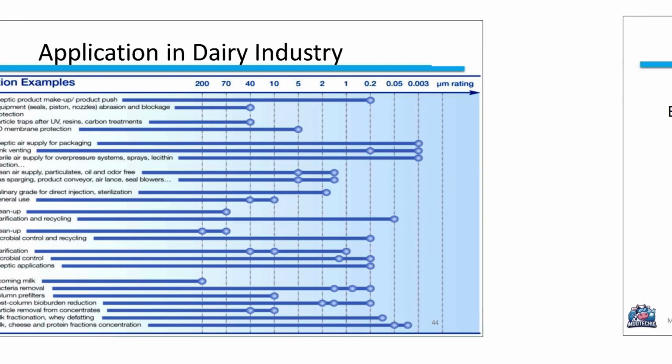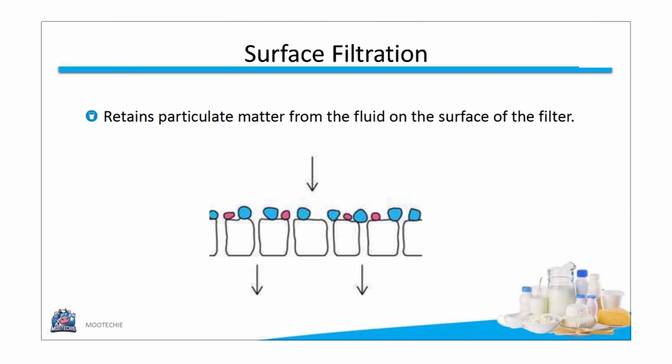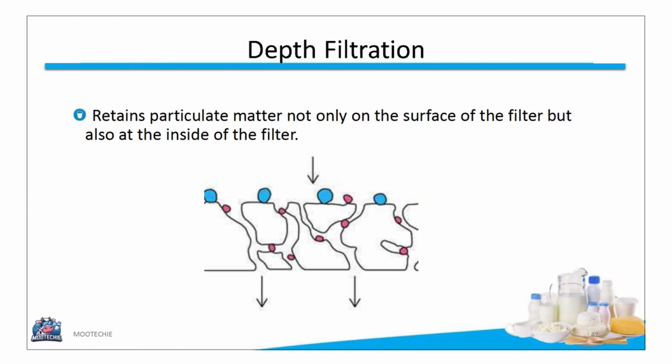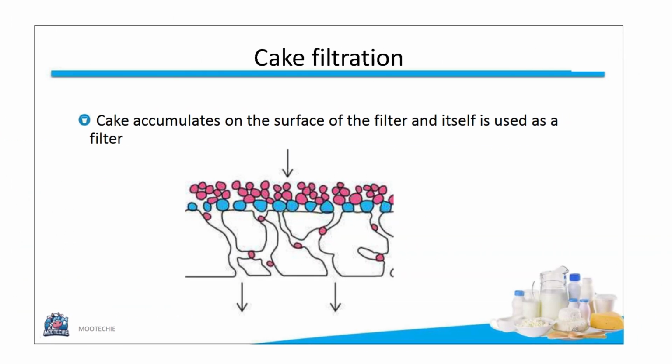Filtration can be classified based on how particulate matter is filtered. The three types are surface filtration, depth filtration, and cake filtration. In surface filtration, particulate matter is retained solely on the surface of the filter. In depth filtration, particulate matter is retained not only on the surface, but also within the inside pores of the filter medium. In cake filtration, the cake that accumulates on the surface of the filter itself acts as the filter